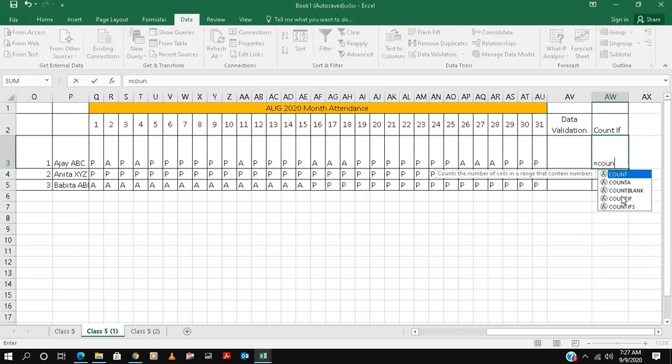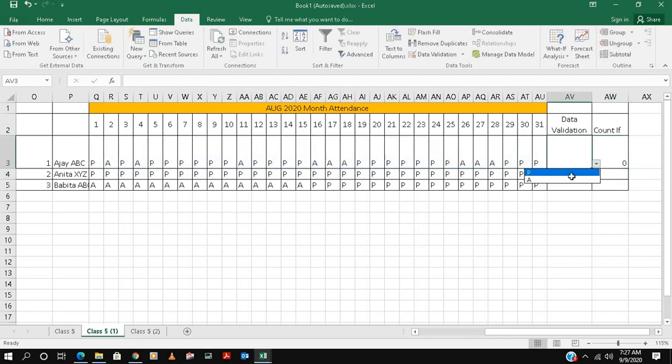You just put COUNTIF, and you put the range. The range is basically this, and the criteria it's asking for, so comma, and the criteria will be this, and then this is done. Right now it's showing 0, but once you select here, present is 22 days. If I have 50 or 100 employees, I can't just go here and make a list of them. Suppose I want to check his absence, 9 days, so I can deduct his 9 days of salary, right? And again the same way we can copy paste.